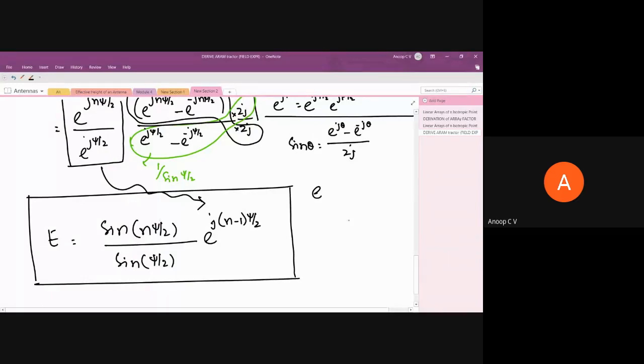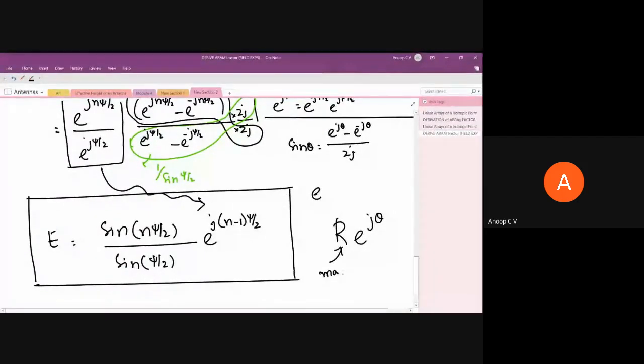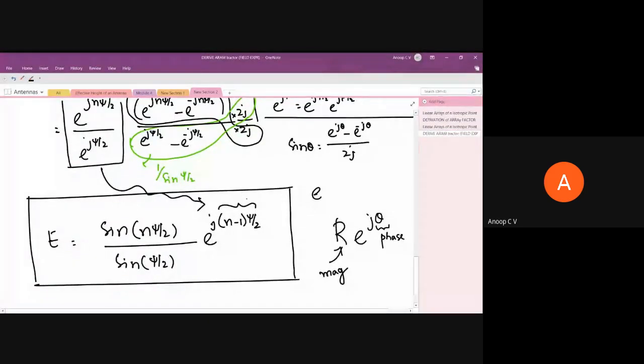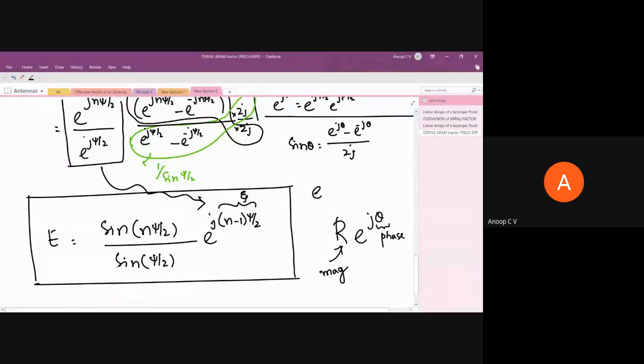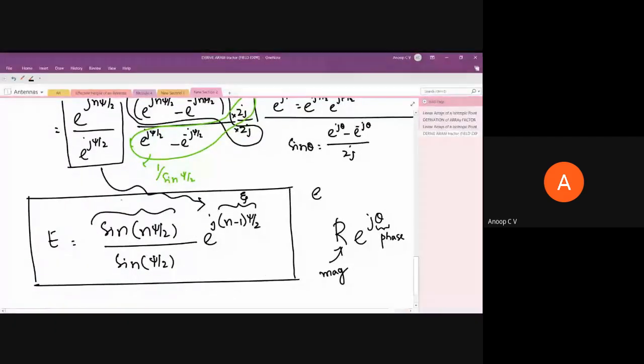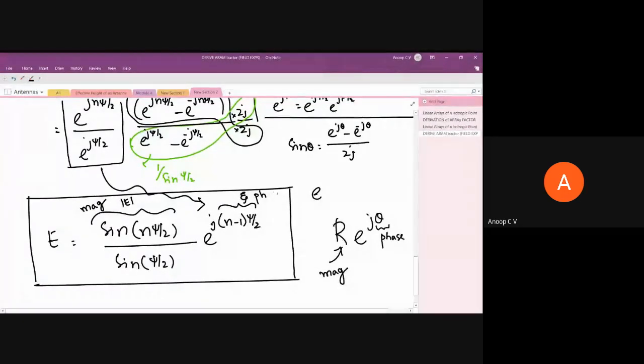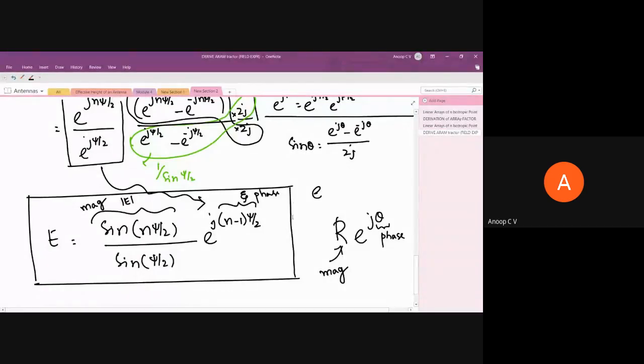You can see it's of the form r e power j theta, right? Where this r will be magnitude, and whatever is the argument of e power j, that will be phase, right? R e power j theta. So this is nothing but R zeta, and this will be nothing but R magnitude of E, right? We were expecting that, right? Mode of this is magnitude, and this is phase, right? This is magnitude and this is phase. So now I can write,